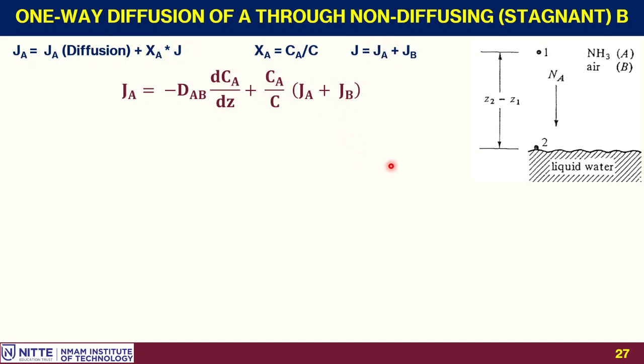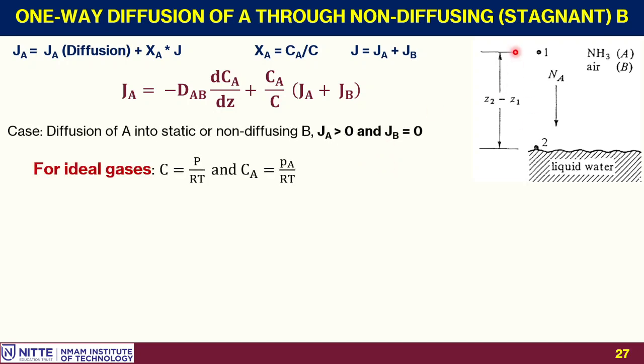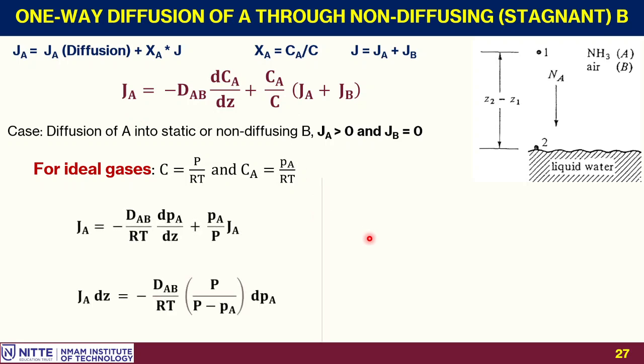So I will simplify this equation now for the case of one-way diffusion. In one-way diffusion, in the transport of diffusion, when you measure only the diffusion flux, I don't want this JB. The JB is 0 because it has no diffusion term here. So I'll consider it as 0. But the J is not zero. So when you simplify this and use it for an ideal gas, that is C is equal to P by RT, or C is equal to the partial pressure by RT, which we already used. So I'll make use of these terms in this equation.